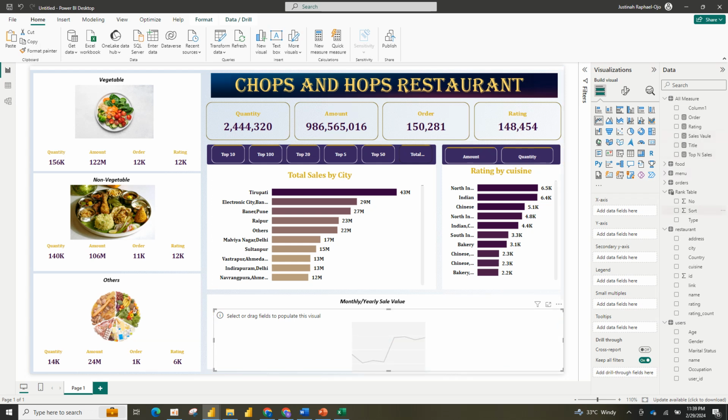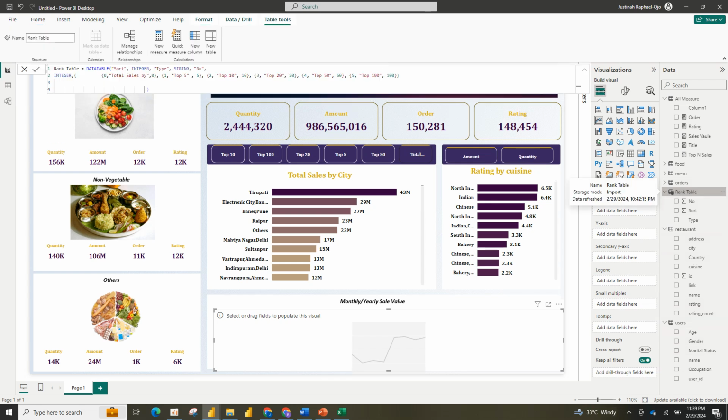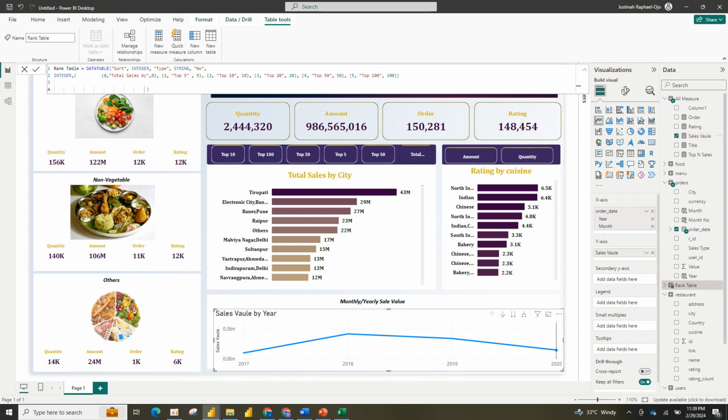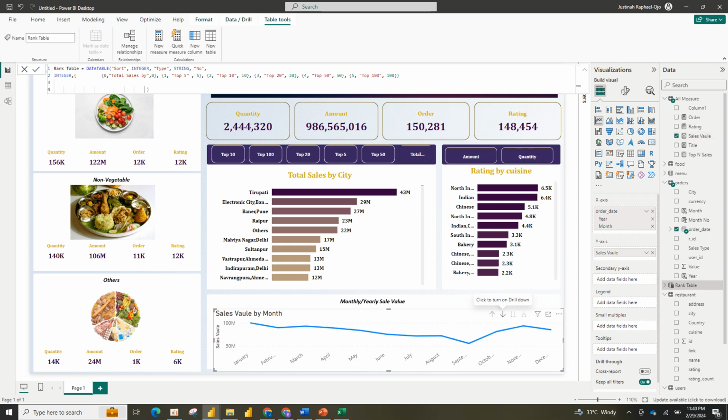So now I'm going to add order date, for me to have the monthly and yearly together, then sales value. So now I can actually drill down to this, then I can drill down to just